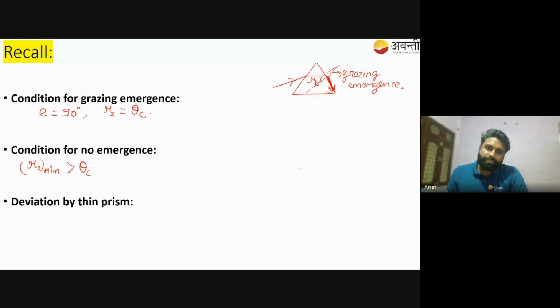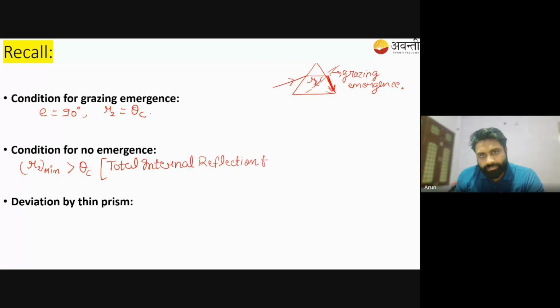इसमें आप नोट भी कर सकते हैं, I would like to note this point, total internal reflection takes place,